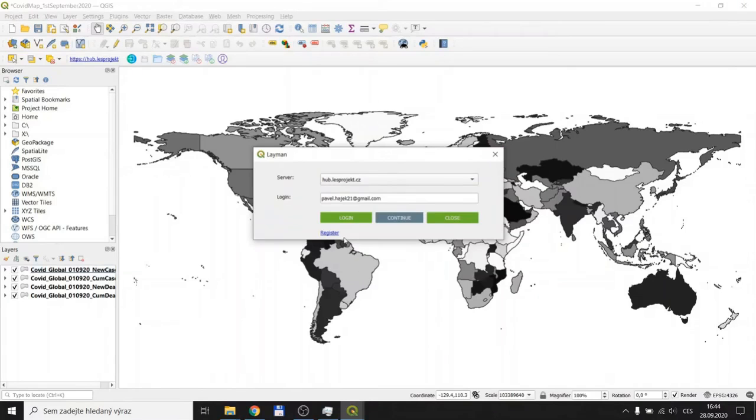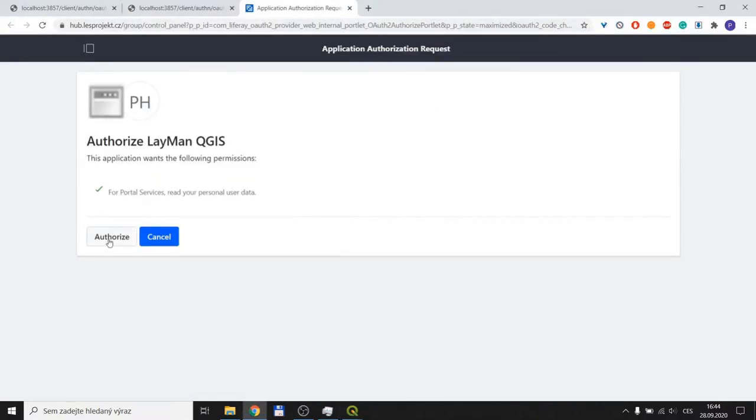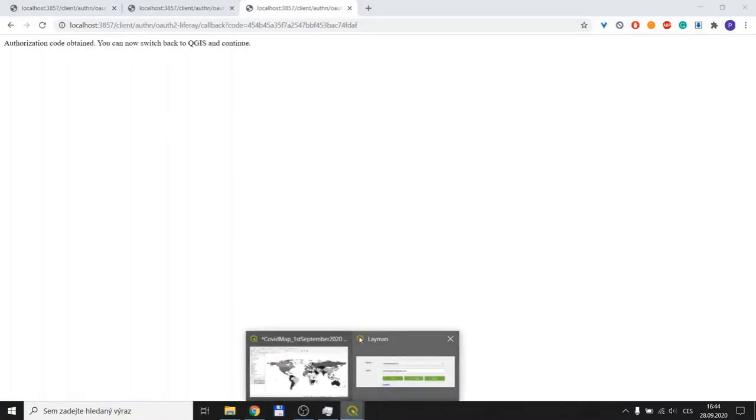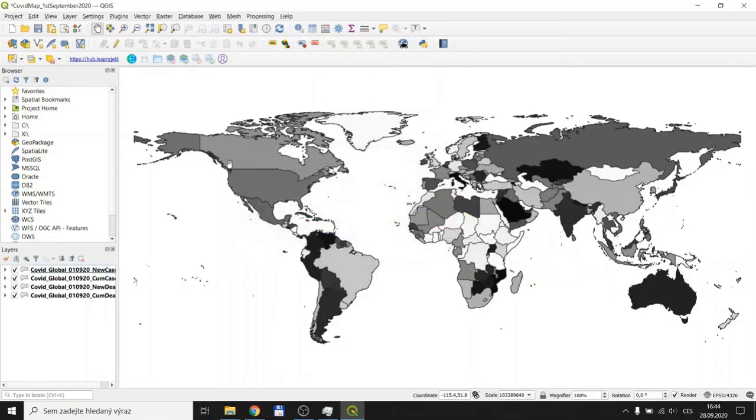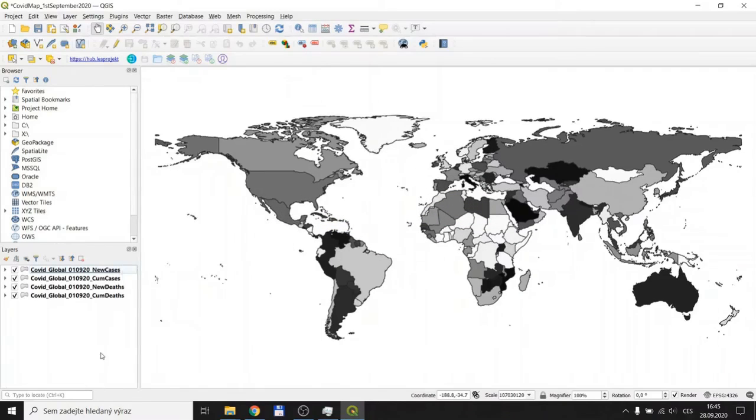First of all, I registered to the hub to have the access to the hub, and now I'm going to log in to the hub through the Layman QGIS plugin. So I'm already authorized and I can work in QGIS with this plugin. I click on continue and I will show you how to work with the Layer Manager plugin.